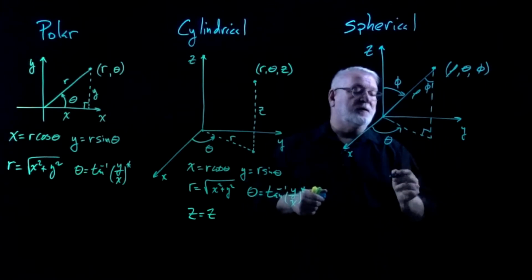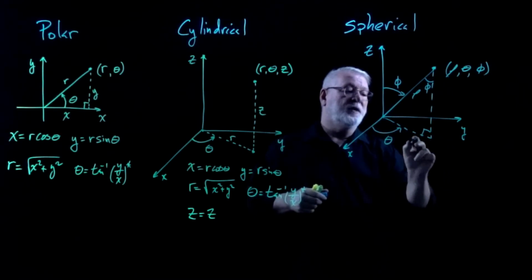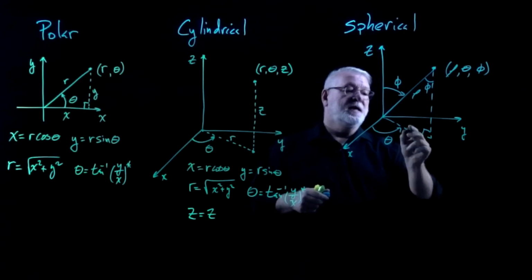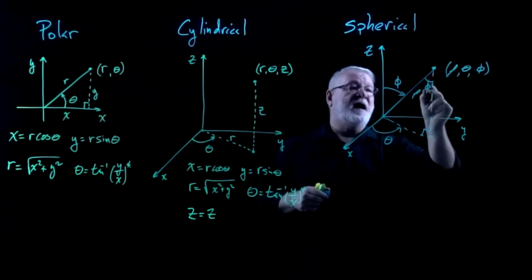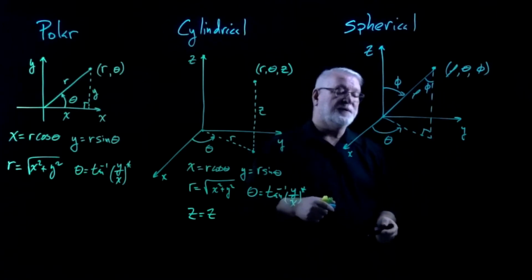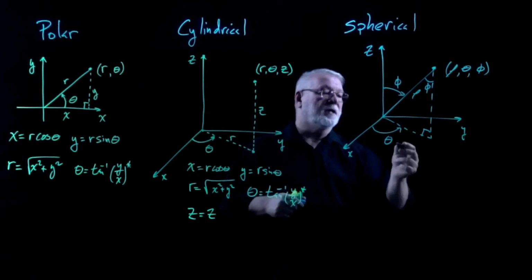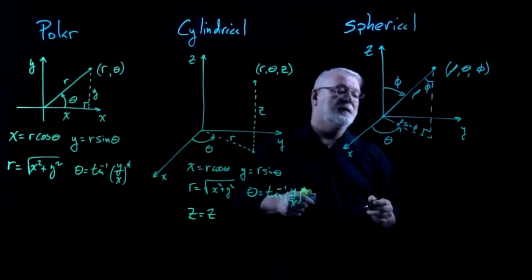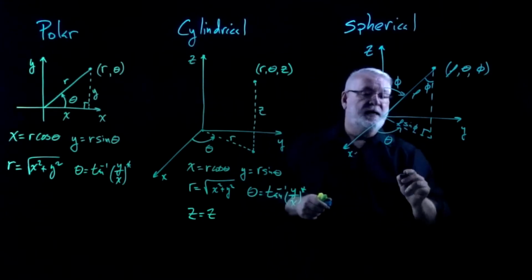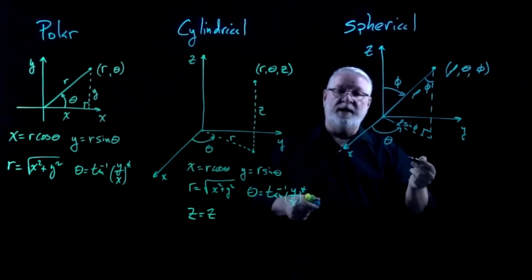Because this is a right angle, being the angle between vertical and the projection of rho into the xy plane, this right triangle features rho as its hypotenuse and phi as its vertical angle at the top. Well, that means the length of this side is given by right triangle trigonometry. This will be rho times the sine of phi, and that represents the radius in polar coordinates, so that we can now find what the x and y coordinates